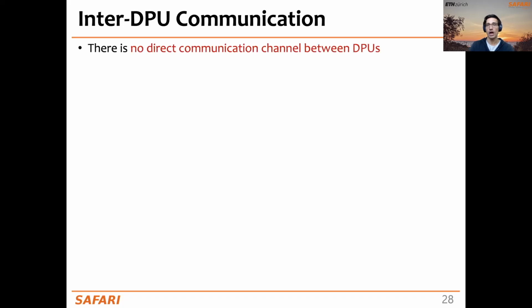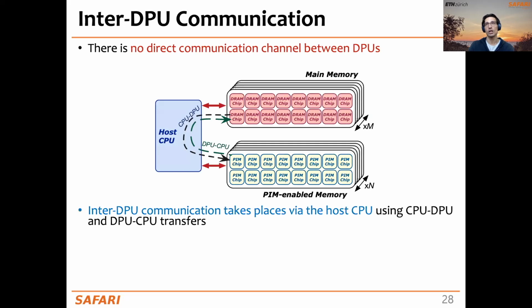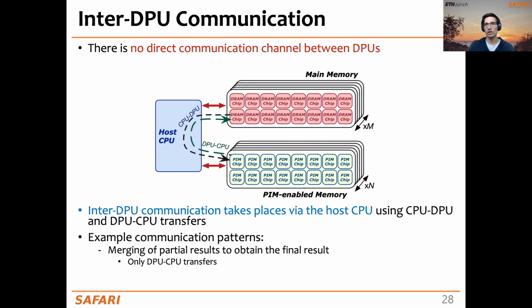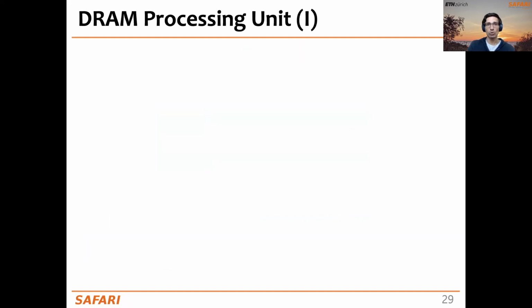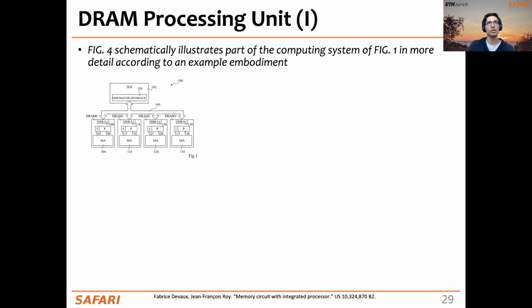All this communication happens via the host CPU because there is no direct communication channel between DPUs. So that's why all inter-DPU communication in the current UPMEM-based PIM system takes place via the host CPU. We will see how this communication may happen, different communication patterns in later lectures, and we will see what the performance implications of this inter-DPU communication are. But now let's go into more details about the processor itself on the memory side, the DRAM Processing Unit or